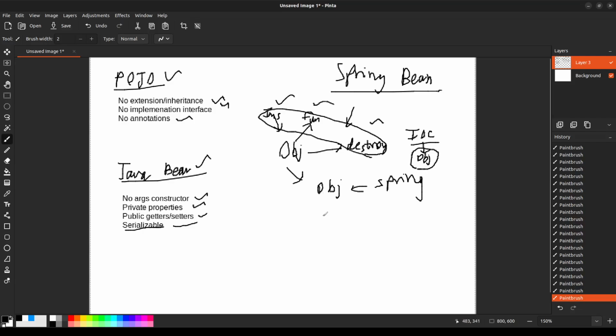Okay, so I will simplify it with examples. Let's say when you create an application, you create objects to do things, right? And you know what to do with these objects. You instantiate them, give them functions, and so on.